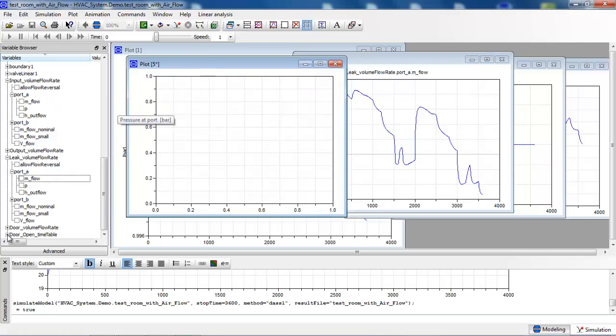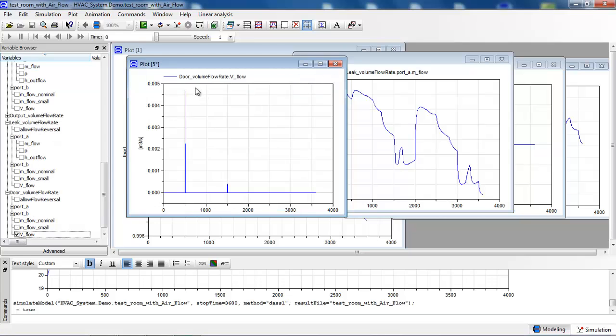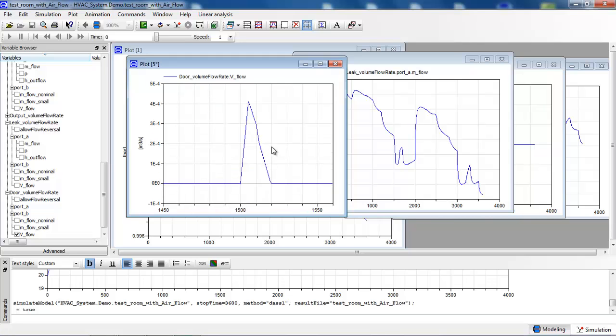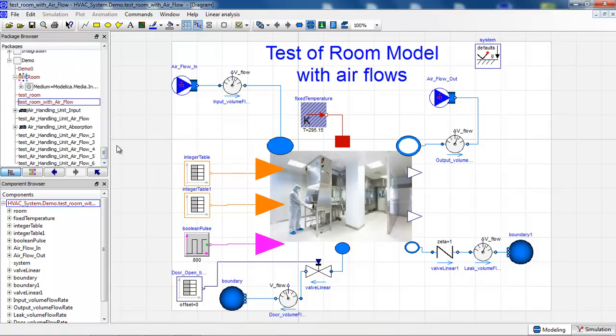And for the door now, door volume flow rate, I have some peaks because I have some losses of air when my door is opened by an operator. So now we have a fully tested model of a room with both heat transfer and air transfer,